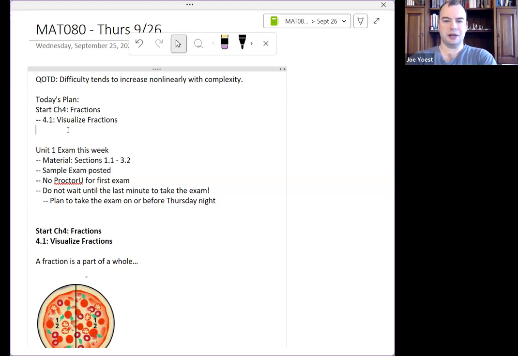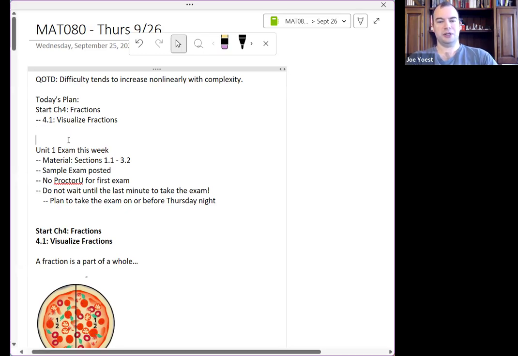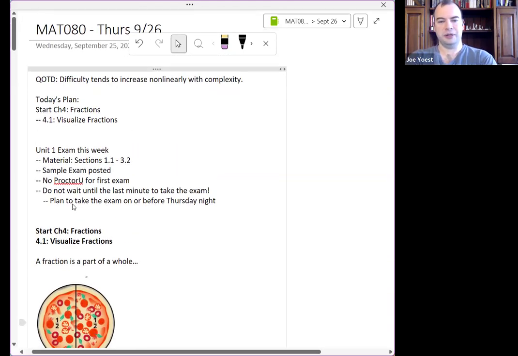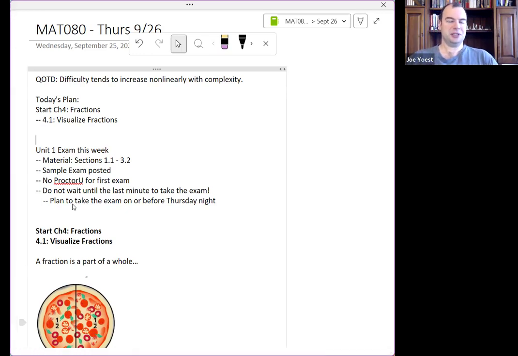I know that this is a topic that a lot of folks find challenging and maybe even a little bit scary, but hopefully, as we go through it and we start to think of it visually and so on, it'll make a little more sense maybe than it has in the past. And if you're good with fractions, congratulations, you're already ahead of the game. But this is definitely where the course tends to become a little more challenging, let's say.